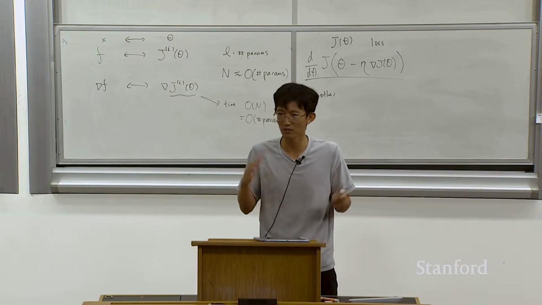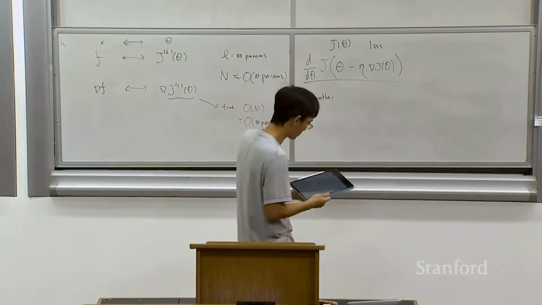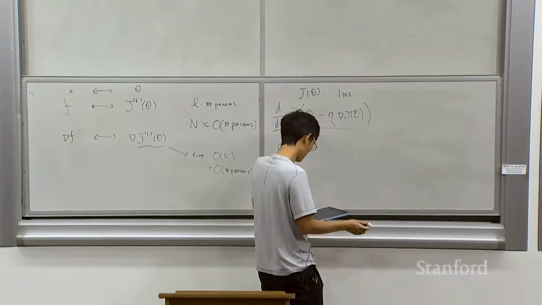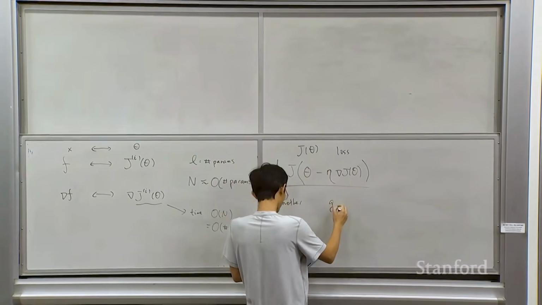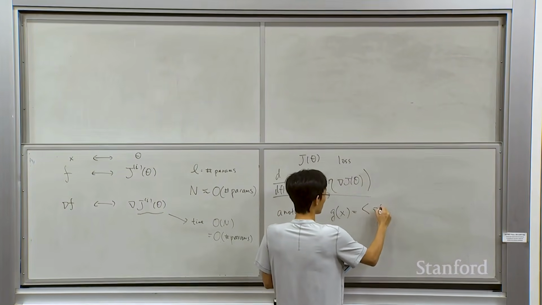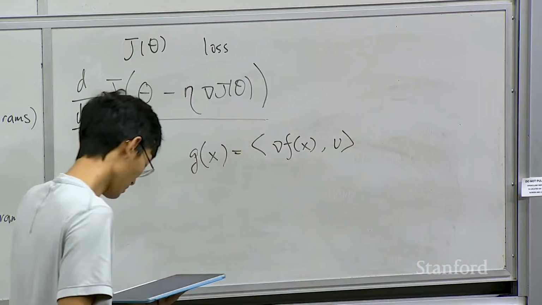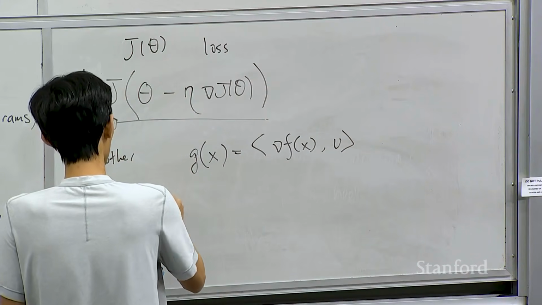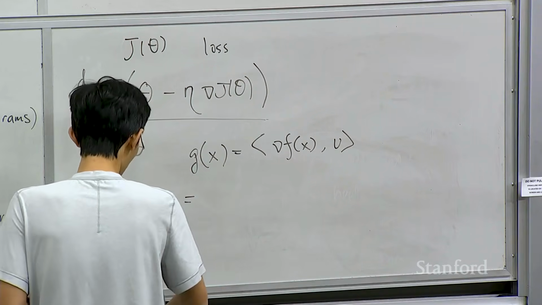I guess it's very hard for me to say without context, but these kinds of ideas are useful for some advanced cases. And another case that is useful is that, for example, you can define g(x) to be, say, the gradient of f in a product with some vector v. Let's say you just do this, and then you compute the gradient of g. It turns out that the gradient of g equals,